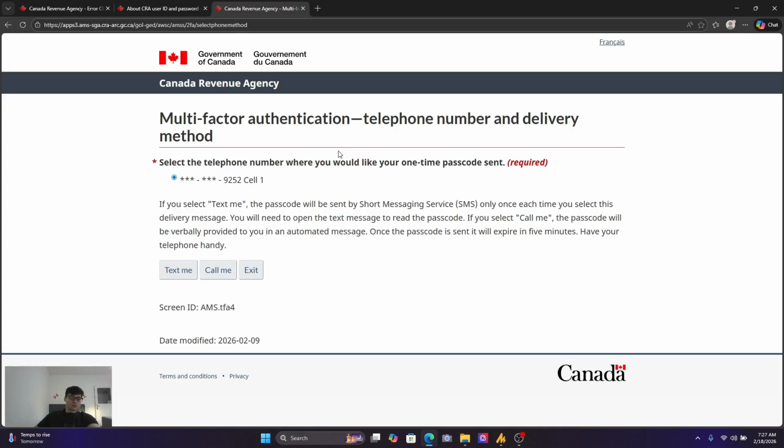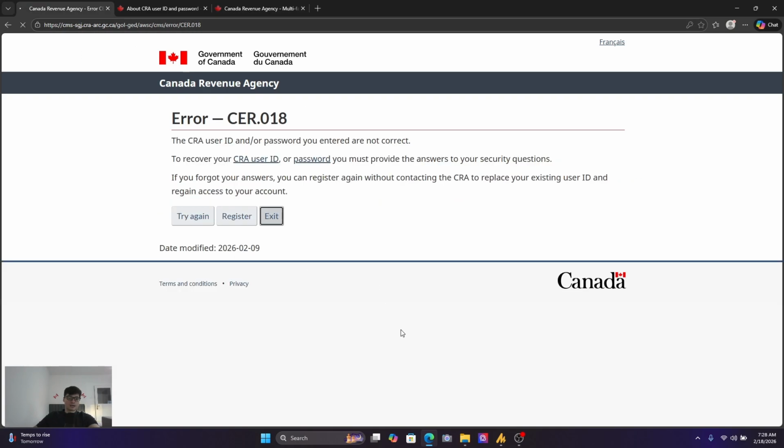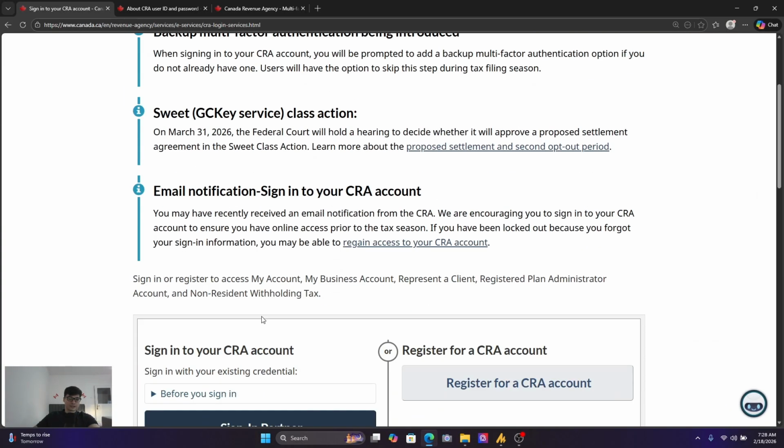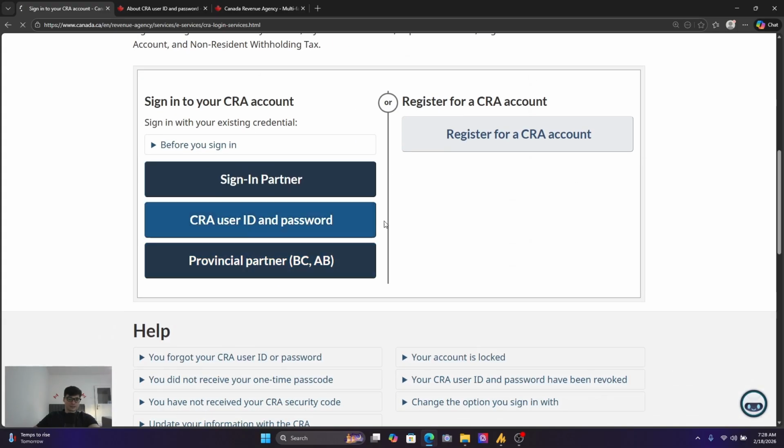If, however, you do get it right and you don't have access, so the problem here is once you do have your sign-in and you put in the correct username and password, it's going to have a multi-factor authentication, which is your cell phone, and it'll ask you either to text or to call you, okay? So regarding whatever it is here on your cell phone, you'll have a text or a call option, okay? And if you were to, for example, go back here, and let's say we want to re-sign into our CRA account, and we go in through a user ID and password,